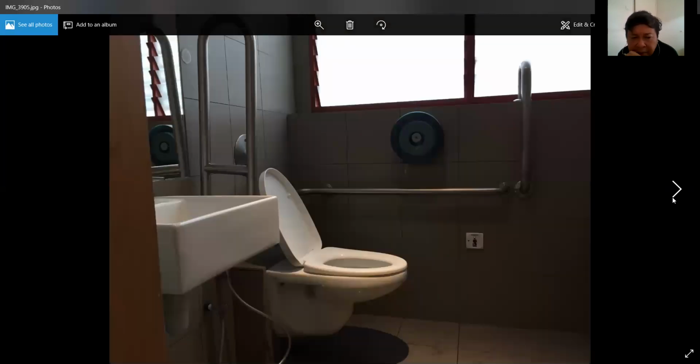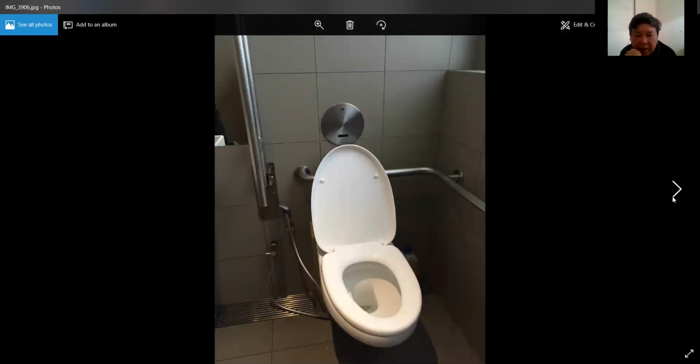We're looking at the accessible toilet now. Singapore has a standard that has the grab rail at the back of the WC, and here you have the adjustable grab rail next to the sink, and possible entry or transfer onto the toilet seat from the side, diagonal, and in front is shown here. And even a vertical grab bar, which probably would help with somebody standing to grab on. And yes, you can see that grab bar at the back, which is missing in the Malaysian standards, which we need to incorporate. Of course, as a user, I always have problems with the bidet being right at the back, and the bidet should have been placed at the side,